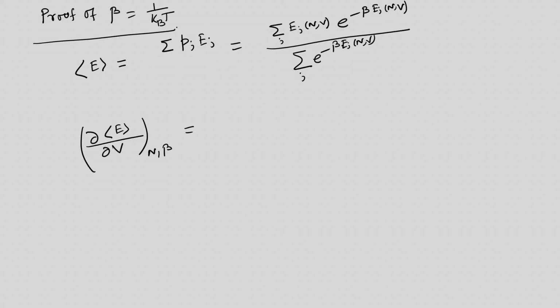Ej of n and V is our first function, e to the minus beta Ej is our second function, and sum over j e to the minus beta Ej that is present in the denominator is our third function. So, if we differentiate this, we will get